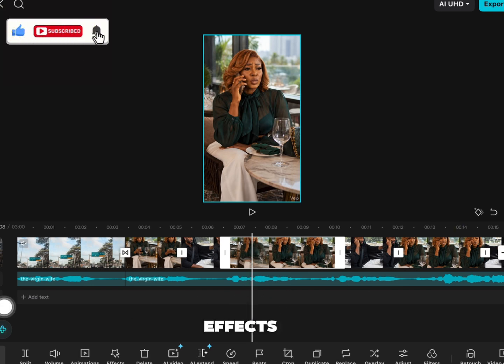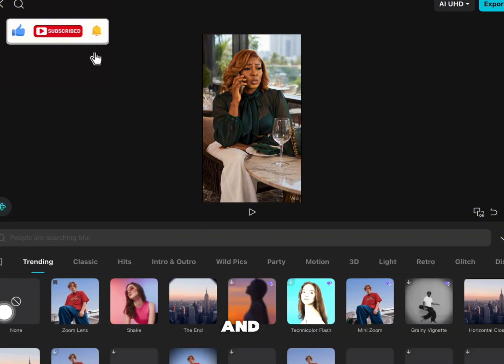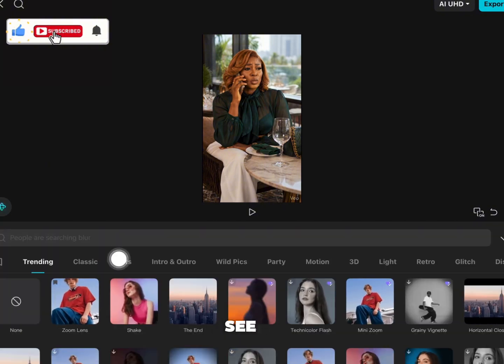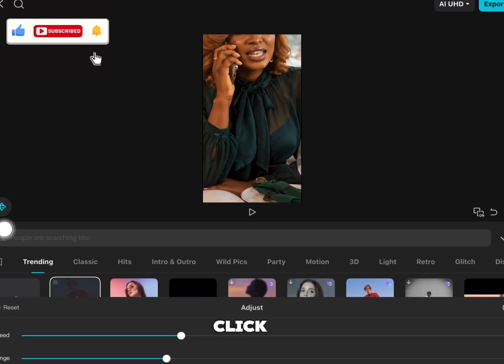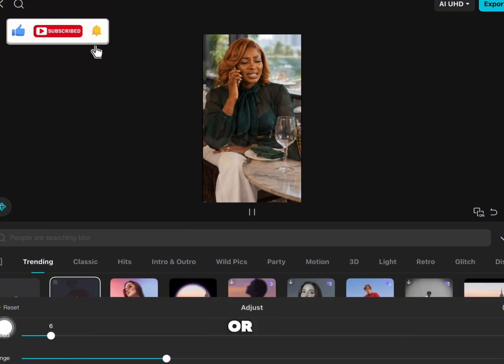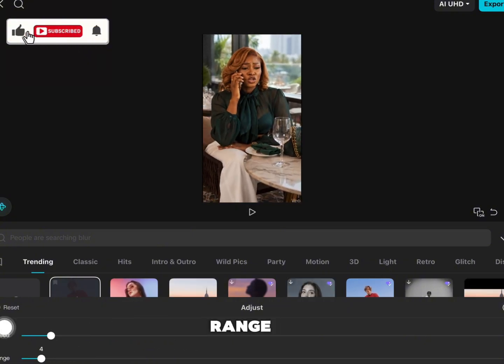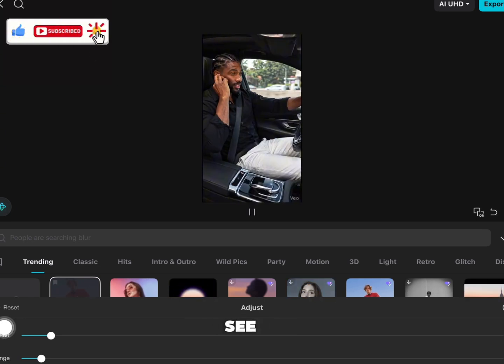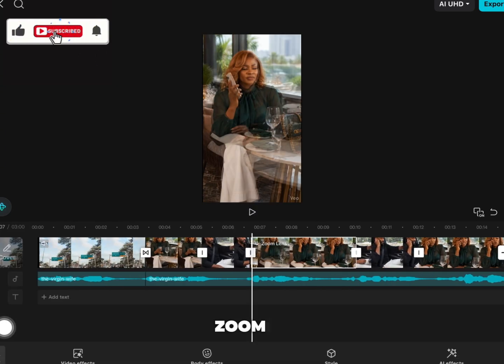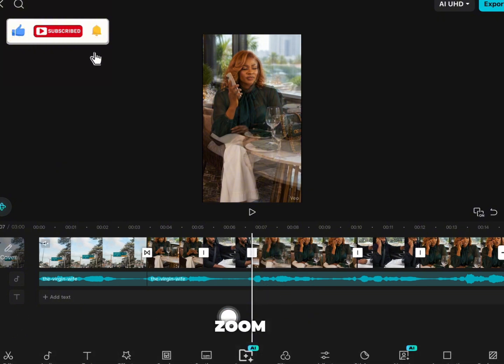You can use effect. This is effect here. You see video effect and you see zoom lens. Can you see? When you click on zoom lens, you see these three dots inside the zoom lens. Click on it. You can reduce the speed or the range. See. So can you see? You can use zoom in and zoom out under effect here, or you use